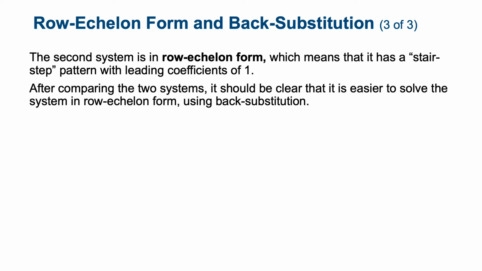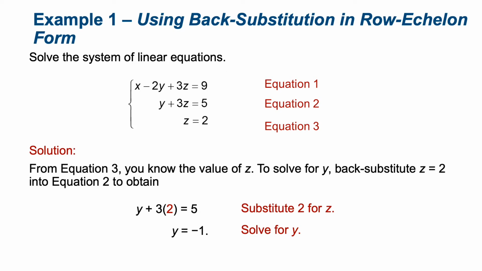So let me show you what I mean. If I have x minus 2y plus 3z is equal to 9, y plus 3z is equal to 5, and then z is equal to 2, what I can do is take the 2 and plug it back into the equation preceding it. From equation 3, I know that z is 2, so I plug that back into equation 2, and I get y plus